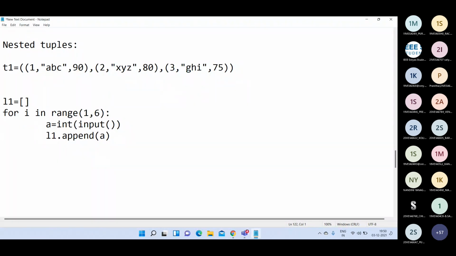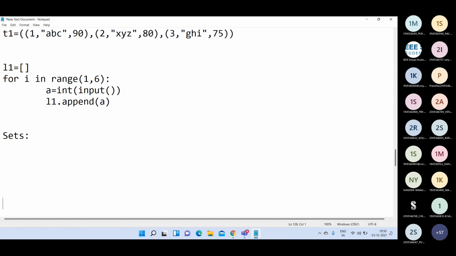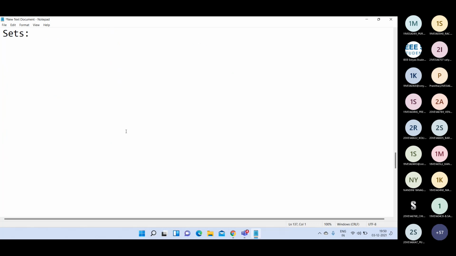If you don't have any doubts, I will go for the next topic. That is sets. The third data structure, the third sequence in the Python language, is sets.